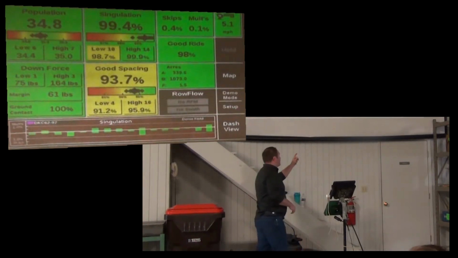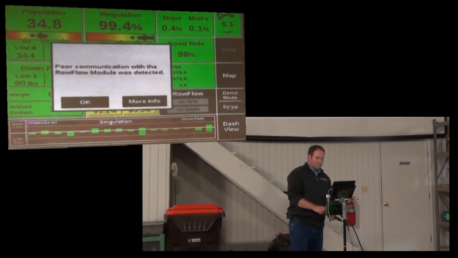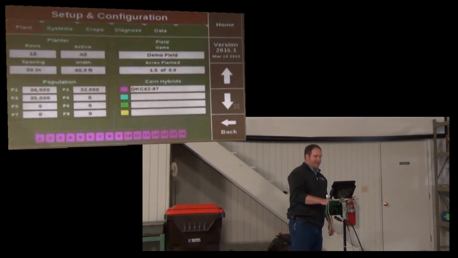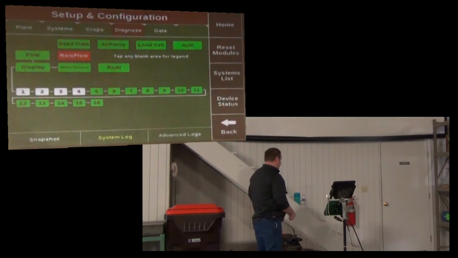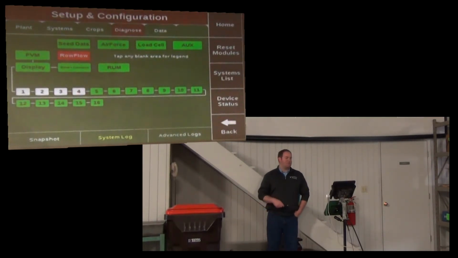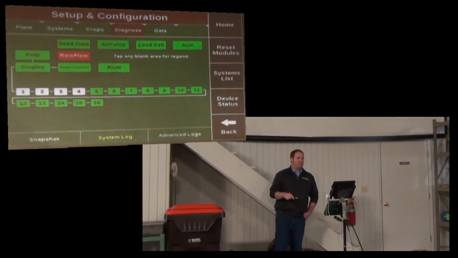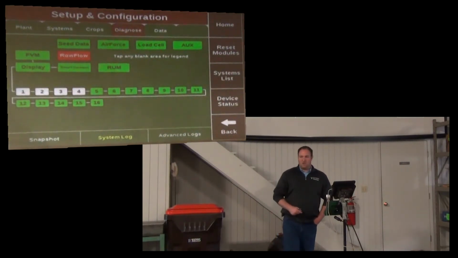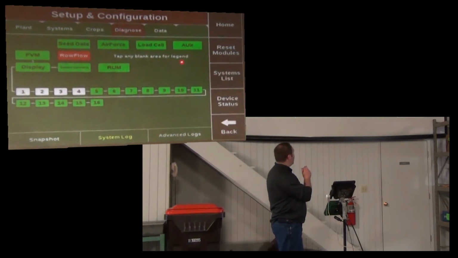I will show you, if you touch on setup on the right, and then up at the top there's a diagnose tab. In here, if there is a problem, you've got a row not planting, if it says can't detect the SRM on this row, can't detect motor, motor 1 unresponsive, any type of issue, if you touch setup and then diagnose and look in here, you don't need to be an expert on trying to troubleshoot the system, but if I tap any blank area for legend,